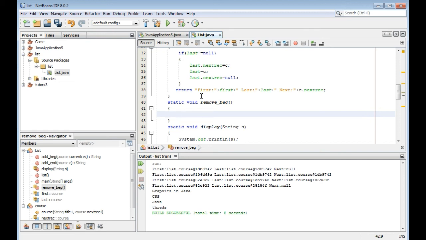If the first record is removed, then the second record will be the first. We have the address of the second record in the next of first record.